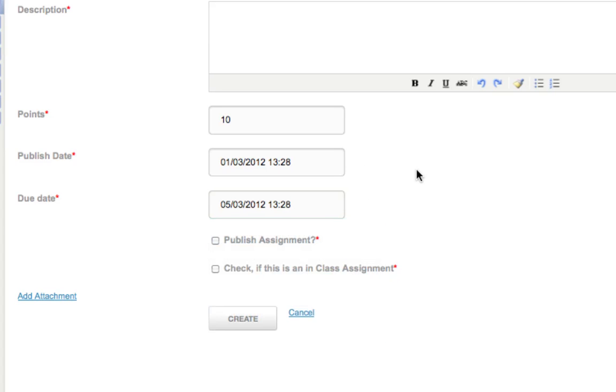So I've got May 3rd set, and then I'm going to click this button here that says Publish Assignment, which means it makes it visible to my students. And the box here says check if this is an in-class assignment. This is not an in-class assignment. They're doing these programming assignments at home, and they're going to be uploading them into the LMS, so I'm not going to make it an in-class. If I had a final exam, and I do, that would be an in-class assignment. So we'll see that